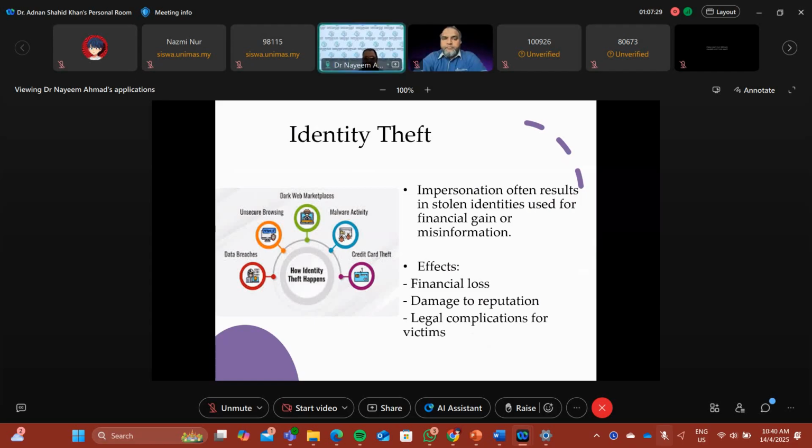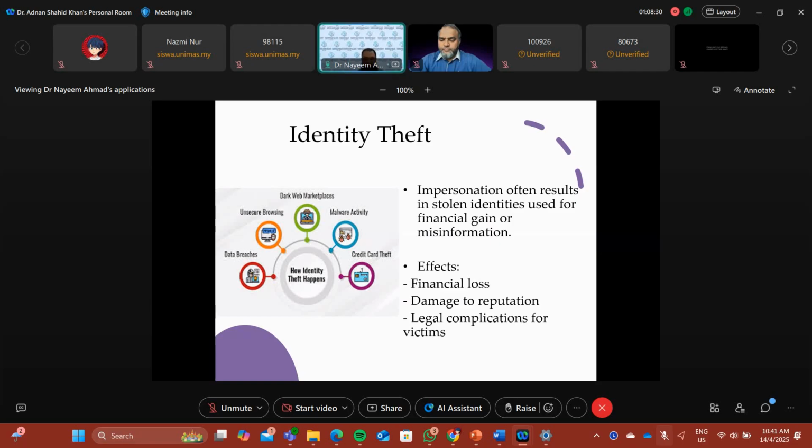So identity theft is the core of impersonation. Attackers steal data like social security numbers, bank details, or even email logins to assume your identity. It is then used to open bank accounts, commit fraud and spread falsehood. Victims often spend years recovering and may have long financial consequences if identity theft attacks are performed. It is not that easy to recover from identity theft, because once a username or a password or any such detail falls in the hands of cyber criminals, they already have advanced techniques and methods not to get easily caught, not to get easily